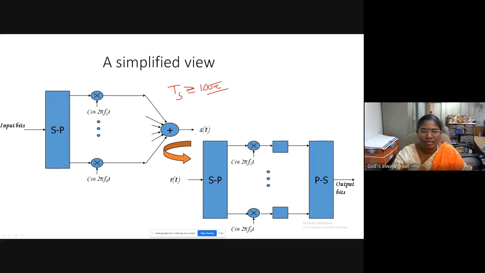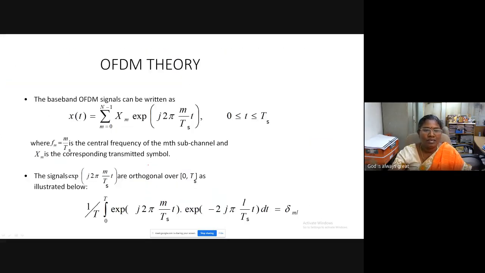What all are you summing up? Summing up from frequency 1 to frequency 8. If you name the first frequency as 0, then this will be 0 and this will be n minus 1. So that's what is written here: summation m equal to 0 to n minus 1. That stands for the number of parallel lines that you have created, and that many subcarriers you are going to utilize. If we name the first subcarrier as 1, then it will be m equal to 1 to n.